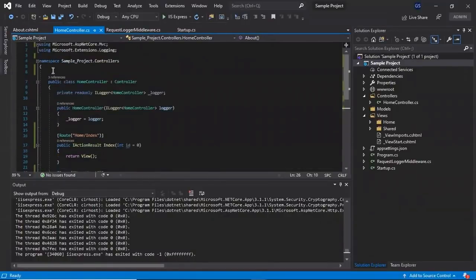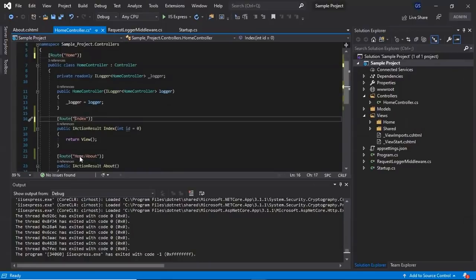So what we do, we define it at the controller level, that is home, and we remove it from the action level. Let's see.